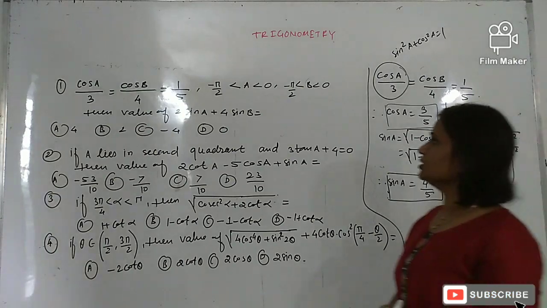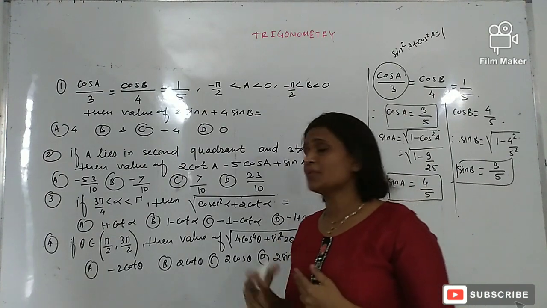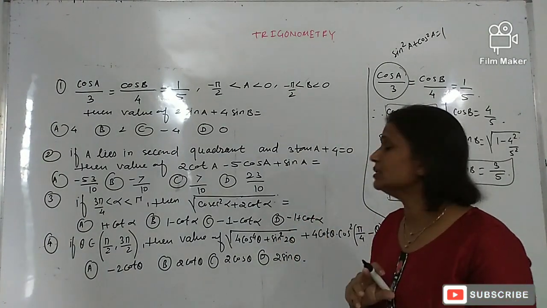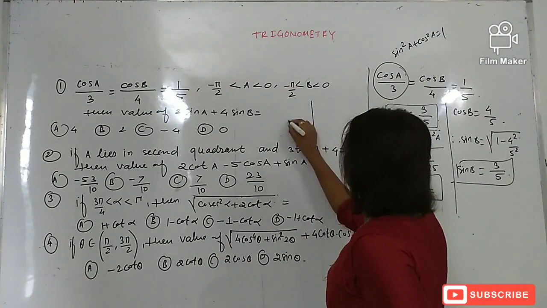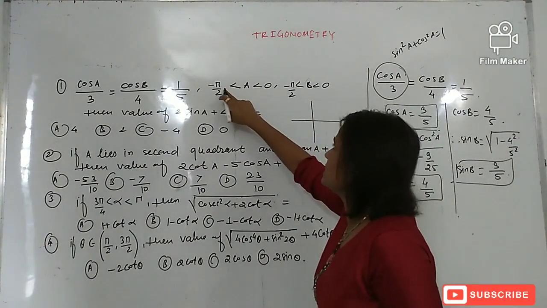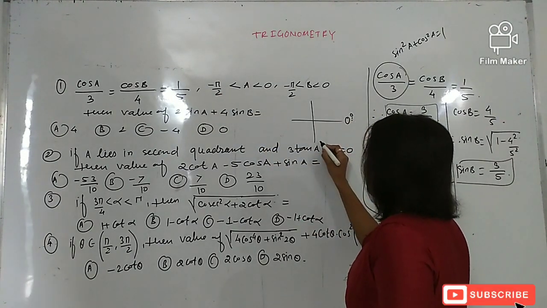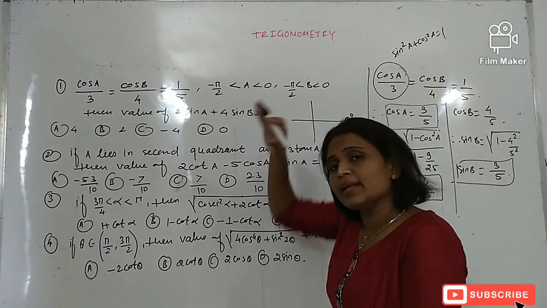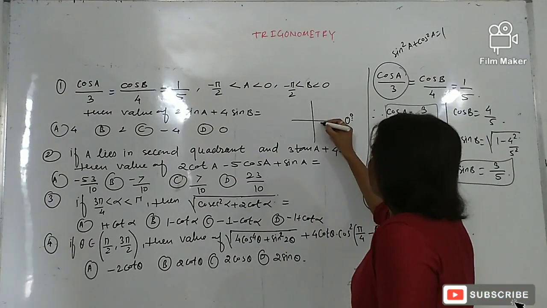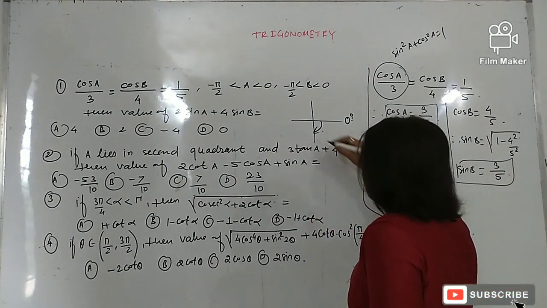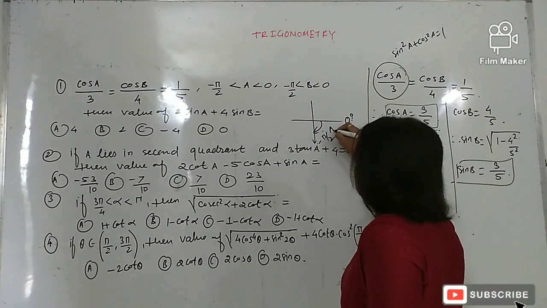Now there is a condition: in which quadrant the angles A and B are present, the signs of the trigonometric functions depend on that. Okay, so this angle A is present between minus pi by 2 and 0. So this is the 0 angle and minus pi by 2. This angle is given negative, so negative means it is in the clockwise direction. Okay, so this direction is the clockwise direction. So this angle is minus pi by 2 and this A is present in this quadrant.